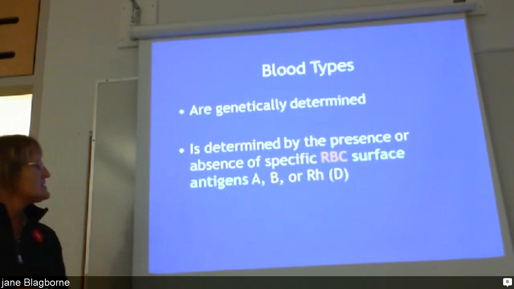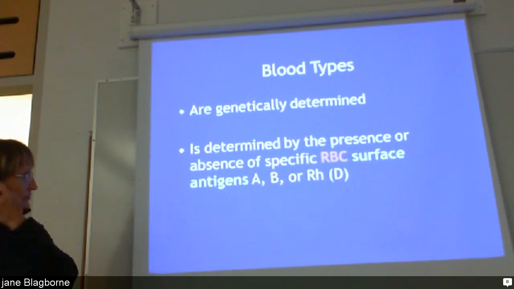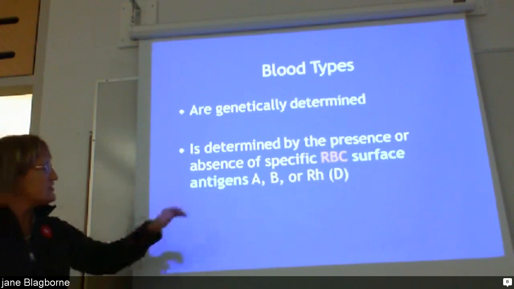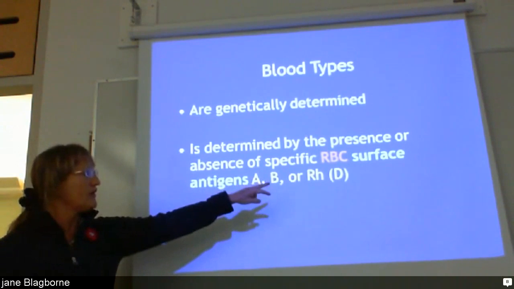Okay. So there are red blood cell surface antigens of AB or the RH, which is